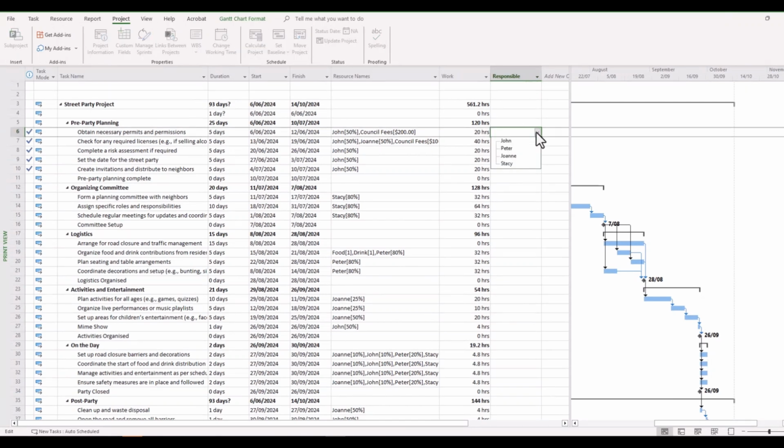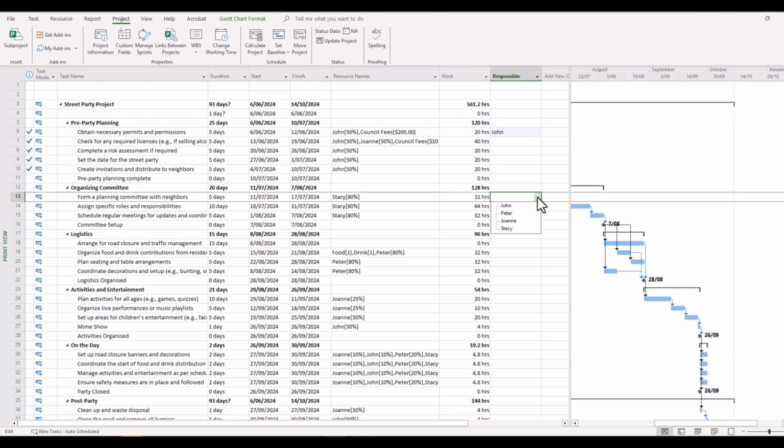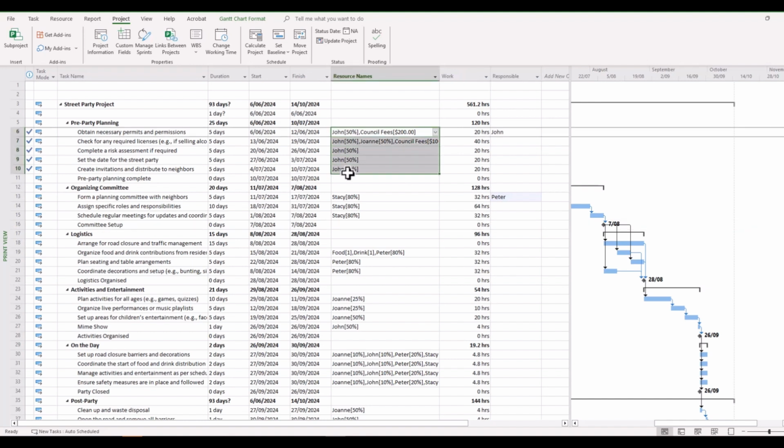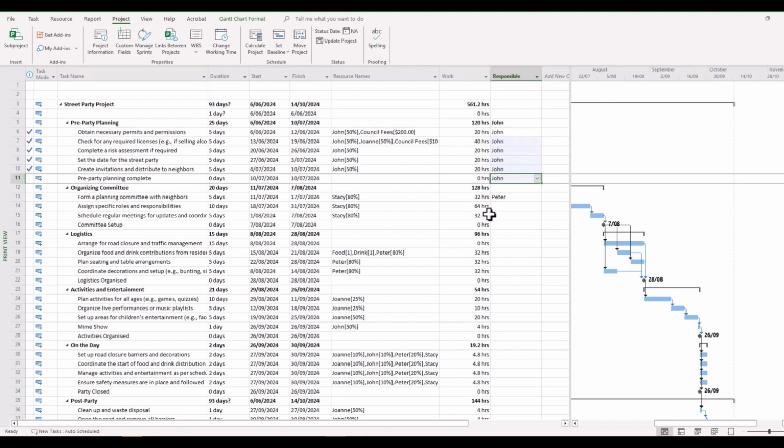And as promised, it provides a drop-down menu, and we can simply select the staff that we want assigned as the responsible staff for this particular job. So in this example here, you can see John is the main actor. He's the one that's overwhelmingly involved, so it would make sense perhaps in this particular example to put John as the responsible staff there, including the summary task and also the milestone. So I'm going to go ahead now and populate all of these, and then we'll look at how we can present this data in a meaningful manner.